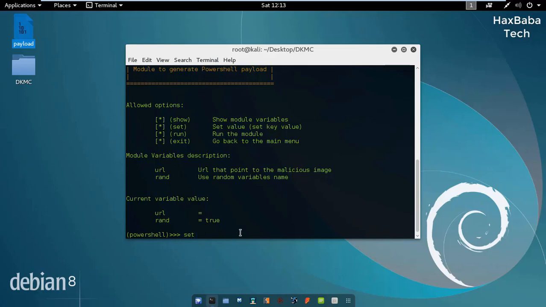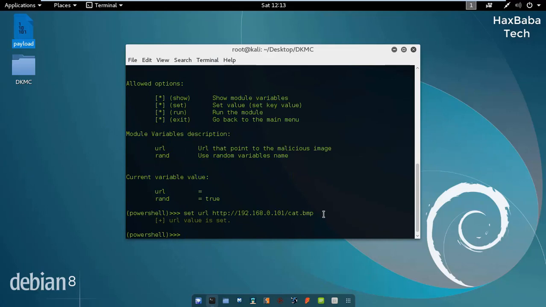Here we have to set up the URL of our server from which the image has to be downloaded. So type set URL. I am performing it on a local network, that's why I type my Apache address and slash cat.bmp. That is our malicious image. So the URL has been set, and type run.